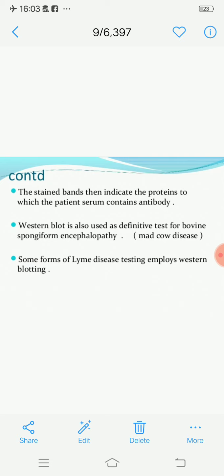Okay, Lyme disease is what? It is a multi-organ animal borne disease. Multi-organ animal borne means it is caused by a tick bite. It is actually caused by spirochetes, and due to the bite the disease occurs, and it affects our immune system, skin, and nervous system. These areas of the human being get affected by Lyme disease.